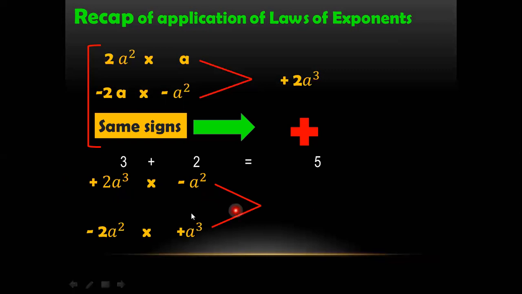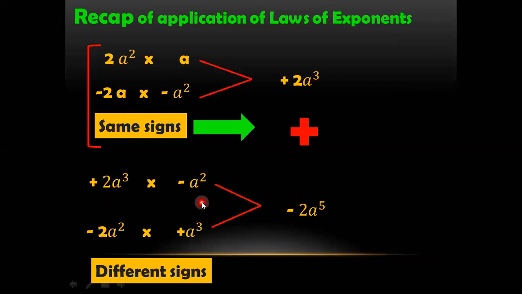Sorry. And here the exponent is 2 and the exponent is 3 over here. The exponent of the product should be 5. So let's see what it is. It is 5. And what about the signs? There are different signs. It is a plus, it is a minus over here. So in the product it should be a minus. Yes, it is. Here it should be a minus sign. So different signs give a minus sign in the product. This was the second rule that we have learned, and we have applied it over here.